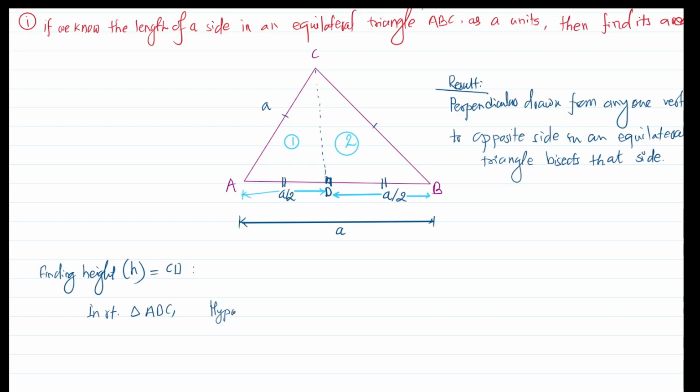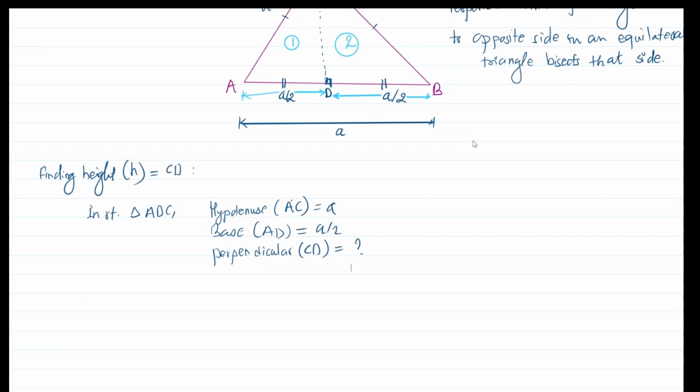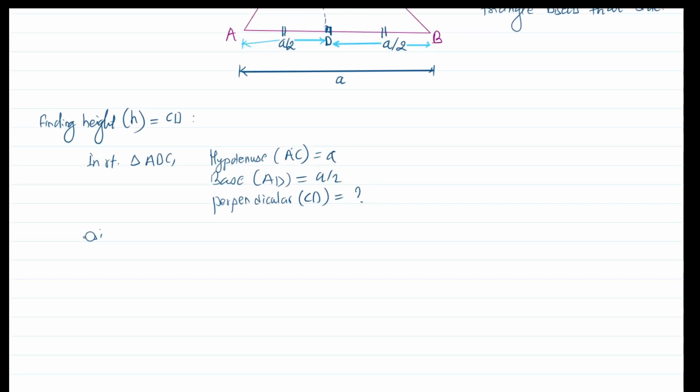Hypotenuse. That is, let us consider hypotenuse is AC, that is equal to A units, and base is AD, that is equal to 1 by 2 A. We have to find the perpendicular, which will be the height for the right angle triangle, right? Perpendicular, that is CD, is to be calculated, and by using Pythagoras theorem,